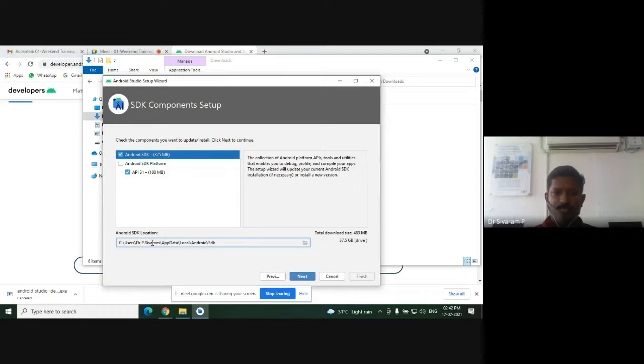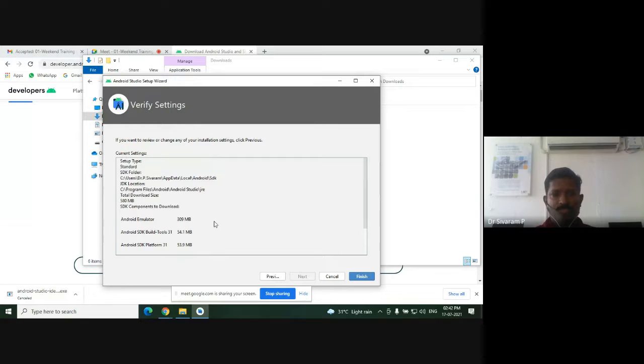Up to the username folder, you can view these. AppData is hidden from the view. These are all hidden files. When you open your Windows Explorer, you cannot find this SDK. In Windows Explorer, you are supposed to choose View, Hidden Files. Then you can see these SDK files. Now I'm clicking the next button, and it says